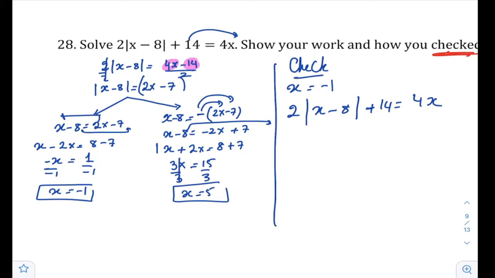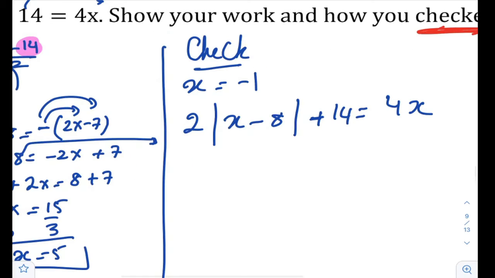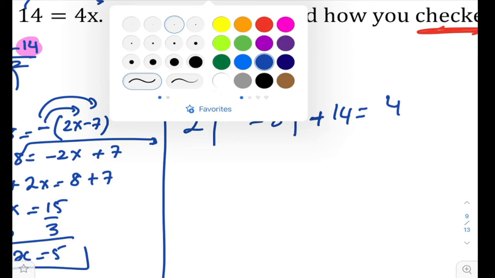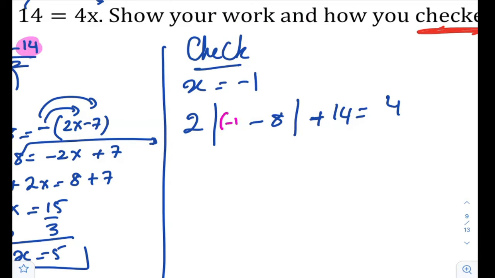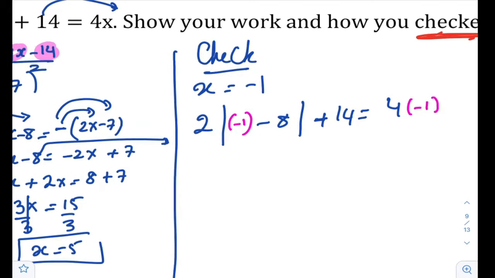So what will you do? You will take the x away here and there, and you will replace it with the value that you have found here, which is negative 1. And let's now evaluate. 2 times negative 1 minus 8 is negative 9, plus 14 is equal to 4 times minus